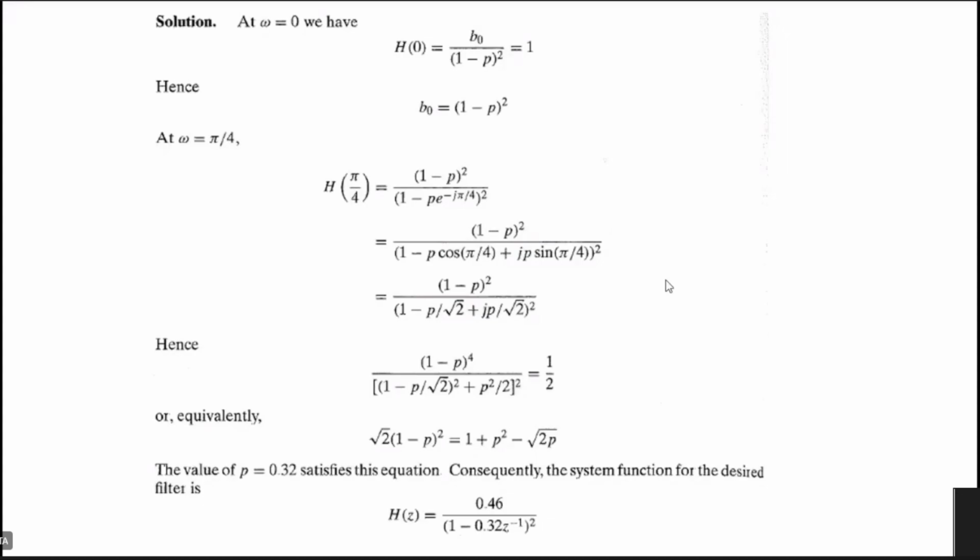First you apply plus jp by root 2 whole square. So it becomes (1 minus p by root 2) whole square plus minus j square is there, so it is (p by root 2) whole square